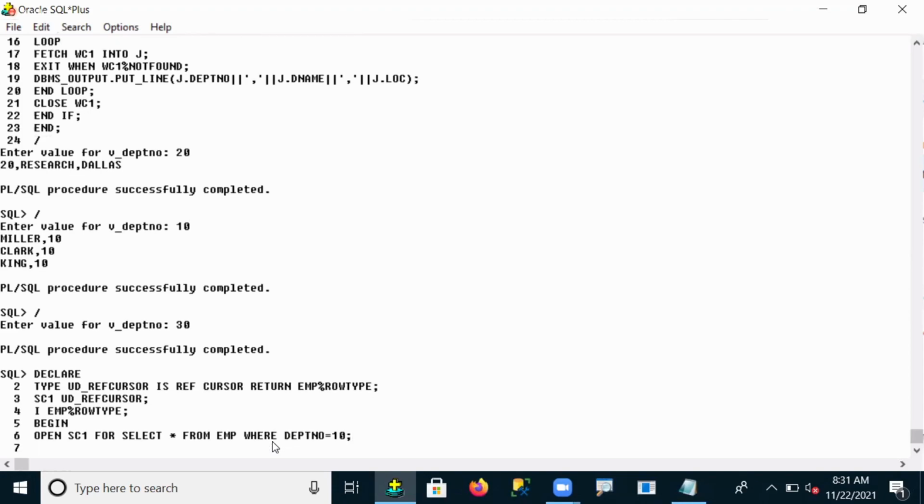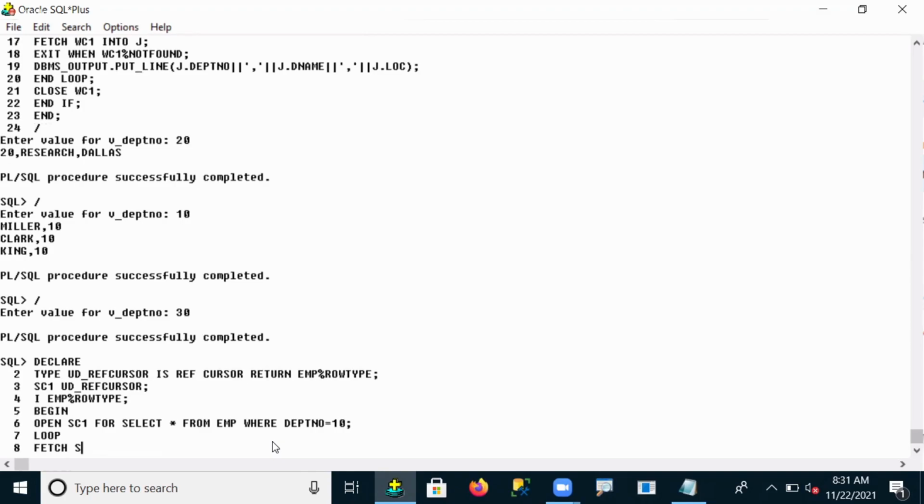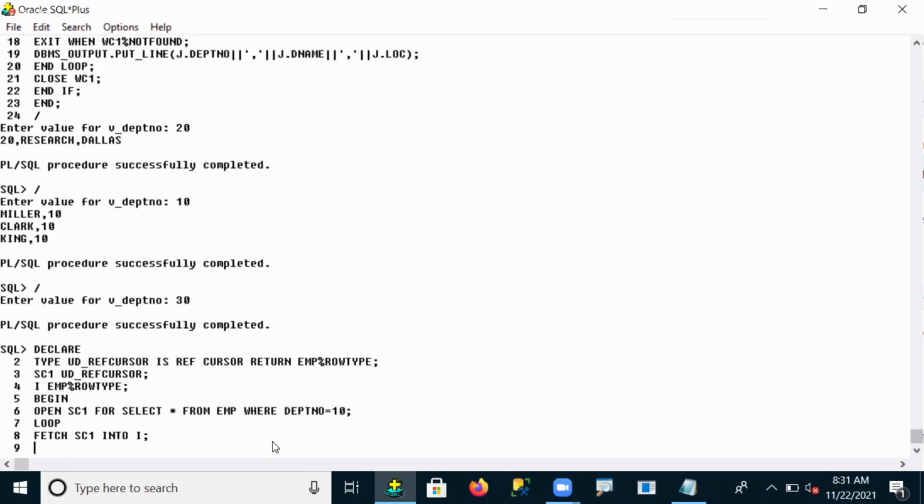After that, we start our loop and get our data, fetching SC1 into I. This is a simple loop.